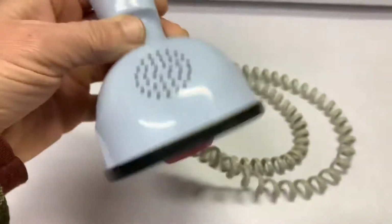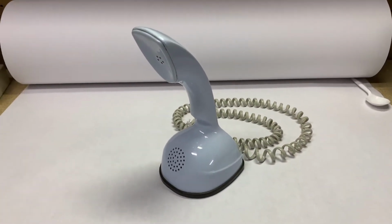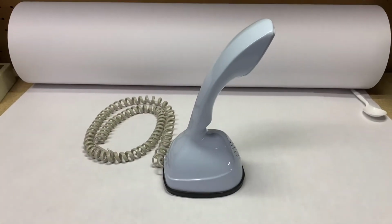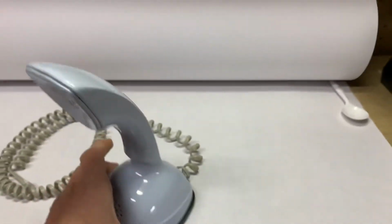This is the Swedish designed Ericofon, made in Ohio though. And this one I picked up at a garage sale, pretty cheap, and it's not the color I want. I want one of these, but in orange. I finally did come across one, so I decided to put this one up for sale. And after I had put it up for sale,